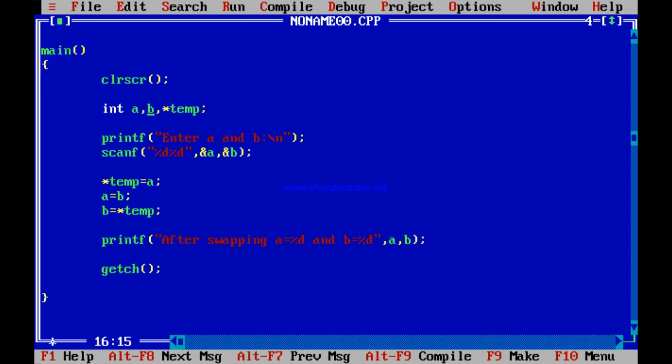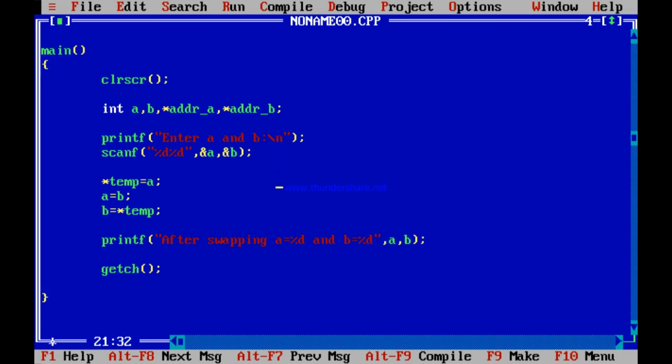I could have done the program in some other ways also. Say I have declared int a, b. Suppose I don't touch A and B throughout the program after scanning. Instead, I declare two pointers to store the address of A. So int *addrA, and again int *addrB. I am storing the address of A and the address of B.